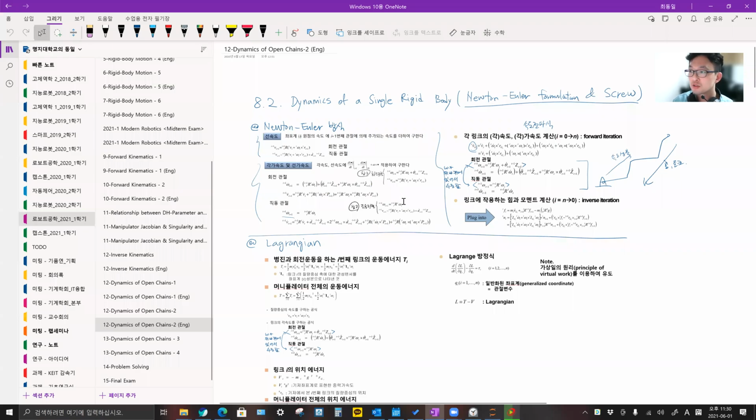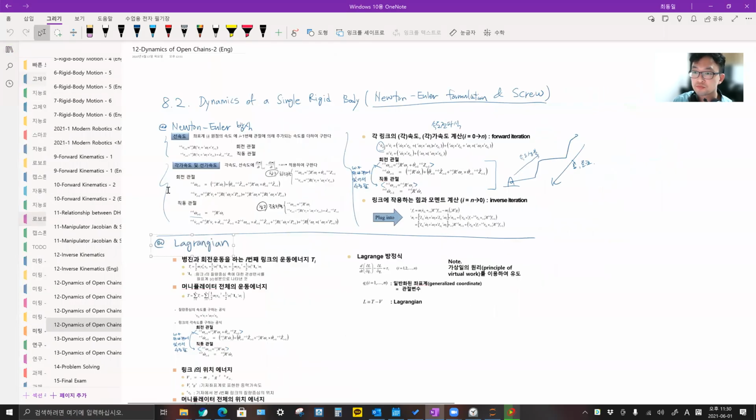Okay, let's continue again. In case of dynamics of a single rigid body, we can use the Newton-Euler formulation and the Lagrangian formulation. Actually, the Lagrangian formulation we already explained. In case of the Newton-Euler method,